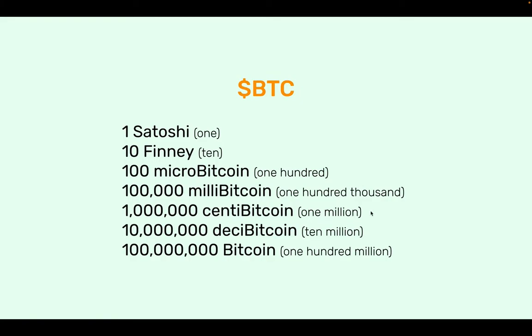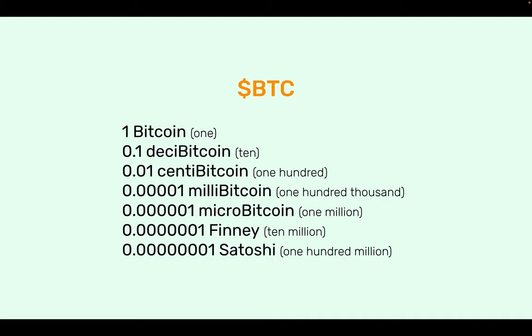And when you multiply Satoshis by 10 million, it's called a decibitcoin, which is 0.1 Bitcoins. And when you multiply Satoshis by 100 million, then you have 1 whole Bitcoin. So this is for machine-to-machine expression, but usually these exact same denominations are inverted in applications and in the economy